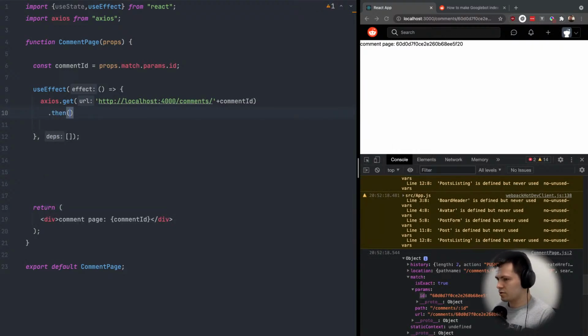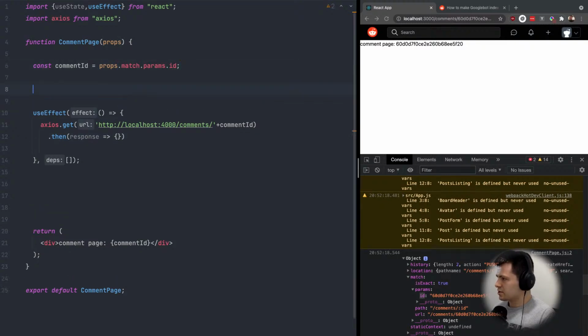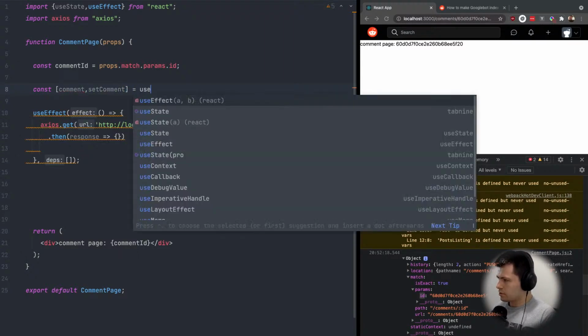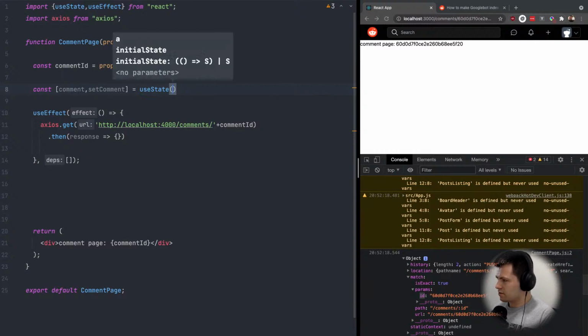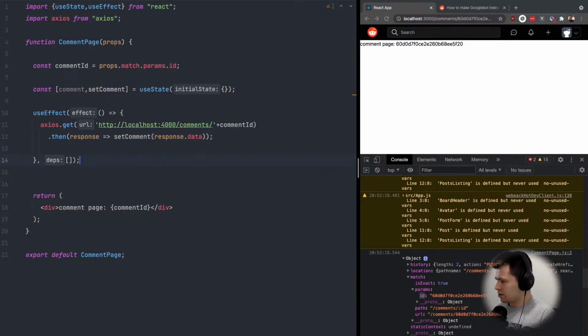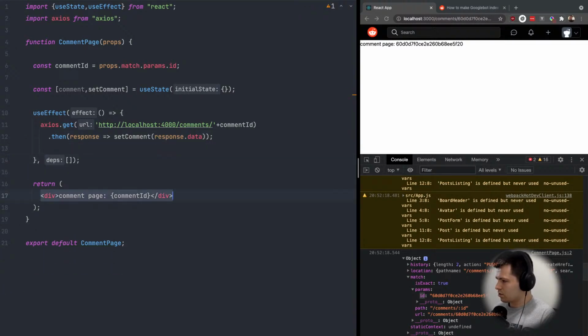And then what do we do then? Then we will have response with some data, but to save it we'll need to use our state. So let's do const comment, setComment equals useState, and the default will be an empty object. So here we will save our comment information from the API endpoint. So when we get response, let's do just setComment, and here response.data. Right, and when we get the post information,